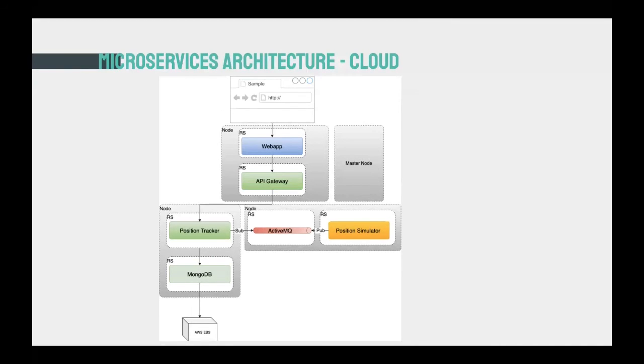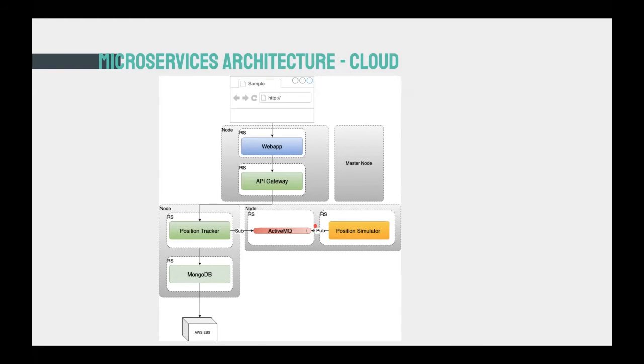But I had to do some restarts and all. Right now this ActiveMQ might be in this particular node, and that happens because it is automatically provisioning. And I have the master node here, where there are no operational aspects. What it is doing is just making sure all these nodes are up and running. So this is my setup in AWS.